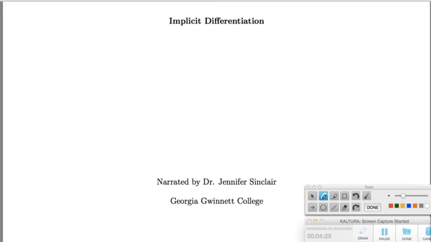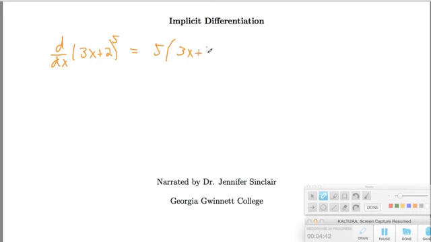So recall, in that situation, you had d dx of 3x plus 2 to the power 5. That was 5 times 3x plus 2 to the power of 4, all times the derivative of the inside part, which is 3. Well, if you were finding d dx of y to the power of 5, and let's suppose that you didn't know what y was, if nobody had told you it was actually 3x plus 2, so you couldn't see that stuff written in orange,